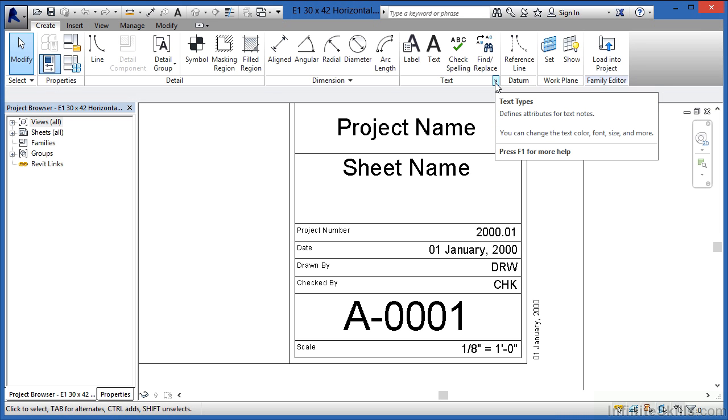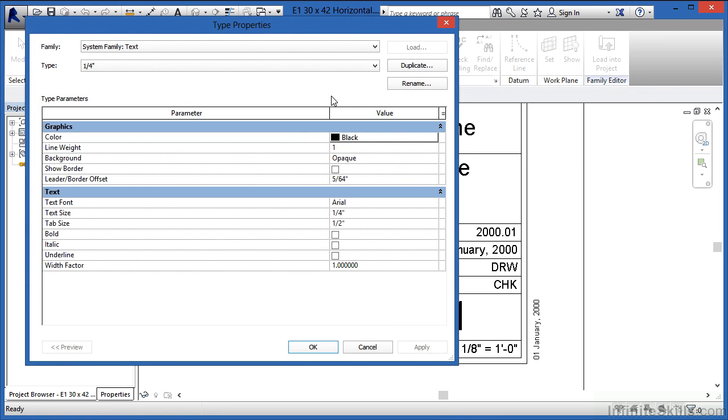If you click the Text Types button, this will bring up the type properties for all the different fonts that are embedded into this title block. Now, I'm being very specific about this. These are from your title block, not necessarily from your project. From here, we can see that this font is currently a 1/4-inch font. The text is actually an Arial font, and if you want to replace that with any other kind of Windows